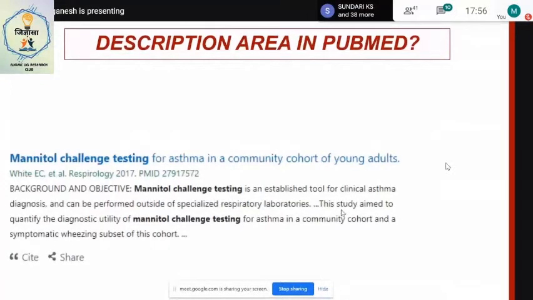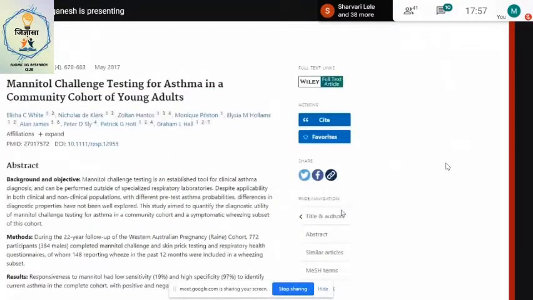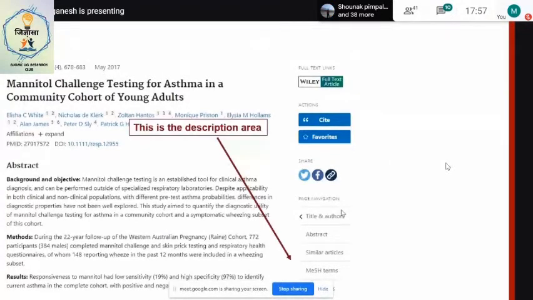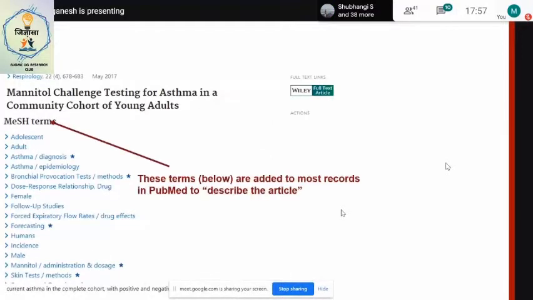If you click a title, when you see the results page, in the inner page, as you face the page on the right side, if you look down, scroll down a little, you'll see something called MeSH terms. MeSH terms is the description area. You need to click that word MeSH terms. It will take you further below the abstract and gives you a list of standardized keywords. So this MeSH terms is the description area.